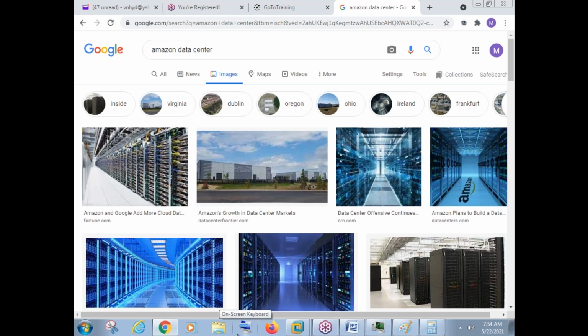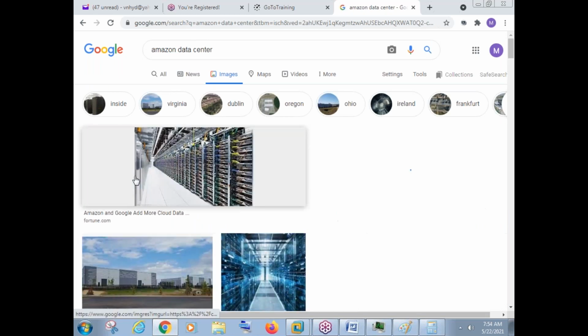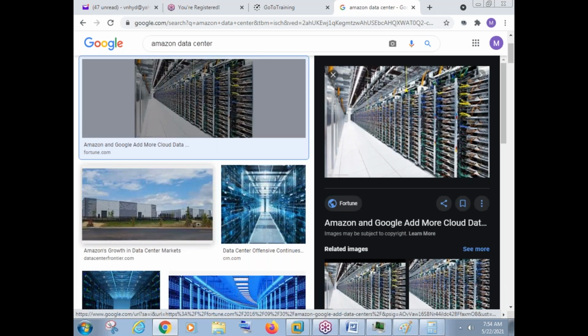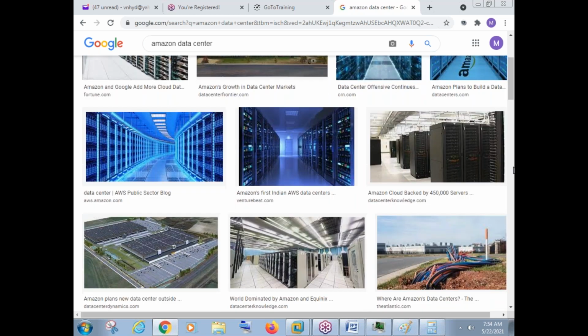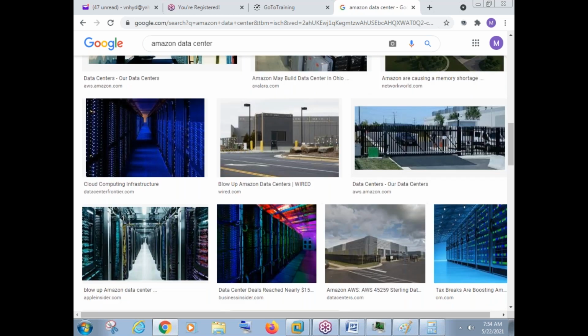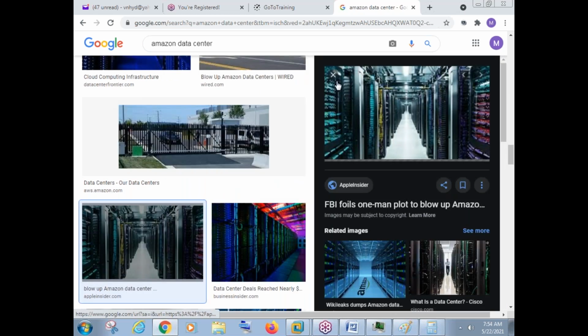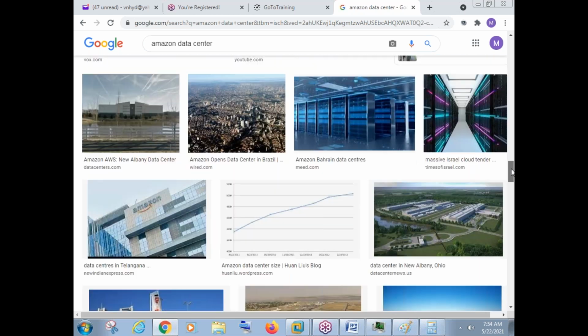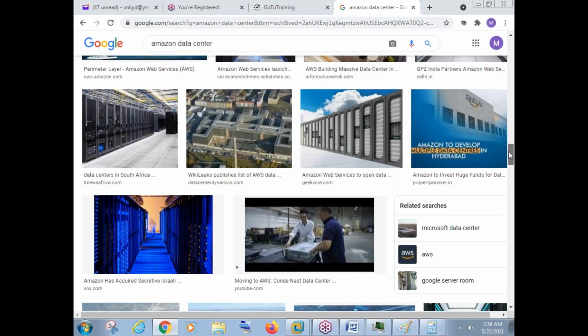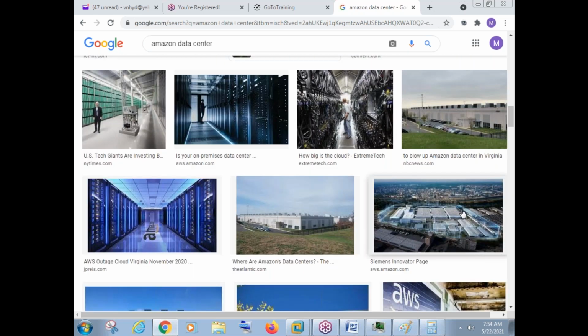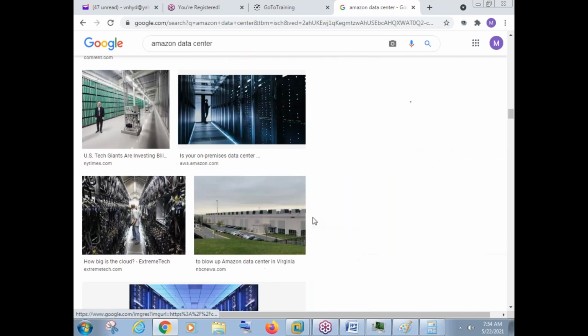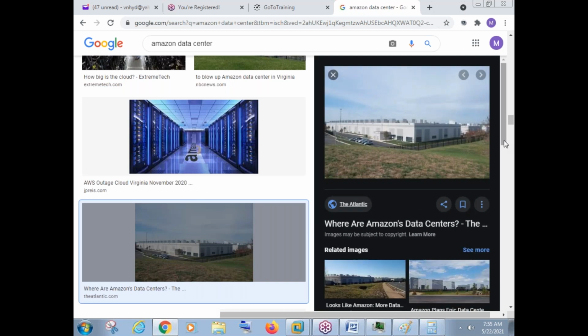These are the data centers actually. These are the servers they have. It will be difficult for you to identify who is the person standing at the next corner. These are the data centers, and from outside, it will be like this. These are those data centers. Inside, we have all the servers and everything.